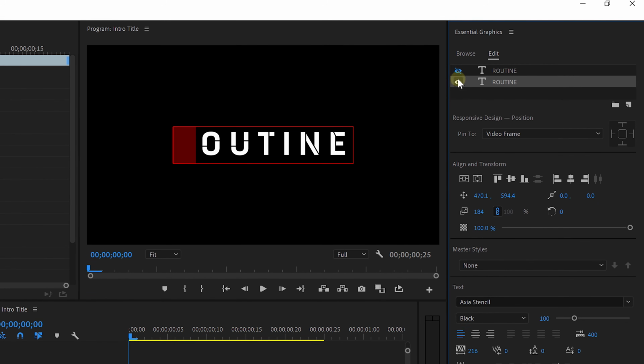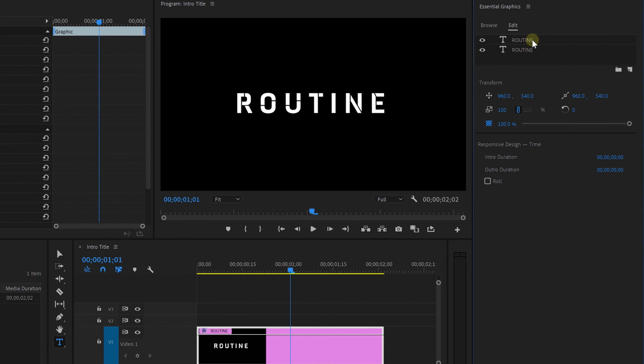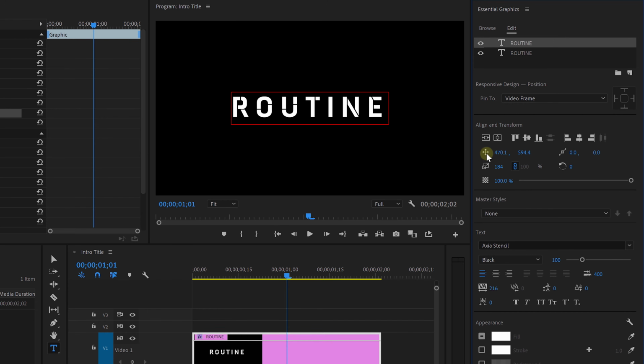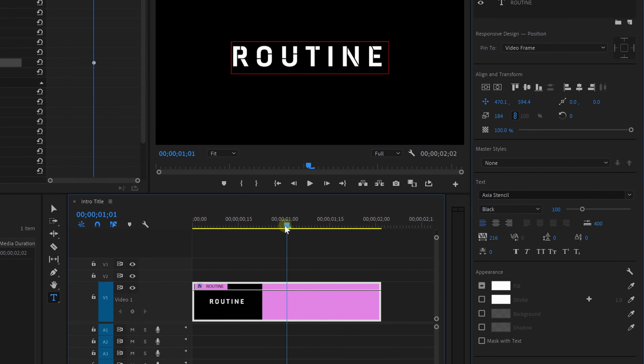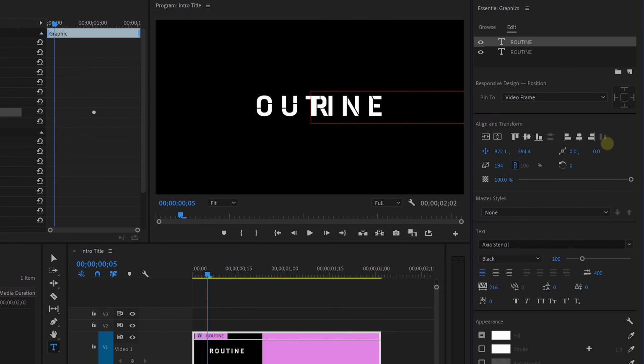We now have all of the letters in the right place, and the first letter sits in a separate layer. We can now go ahead and create our animation. So, go a little further in time, as we'll start with the end position. Then click on the position icon to start the animation, and this will already record its current position. Then go back in time and move the first letter to the left as it goes over the rest of